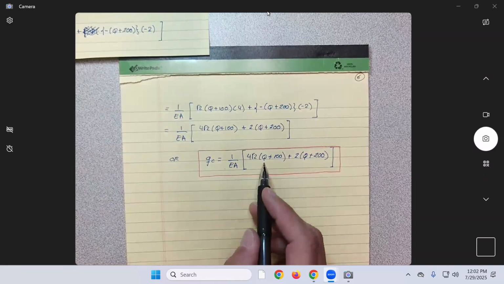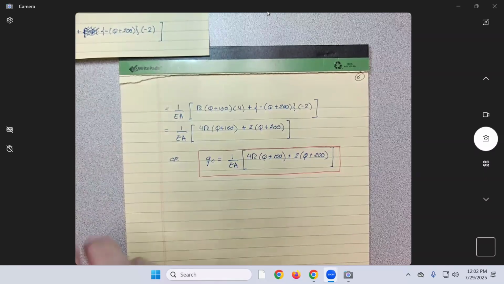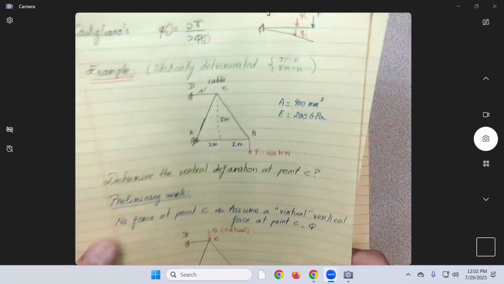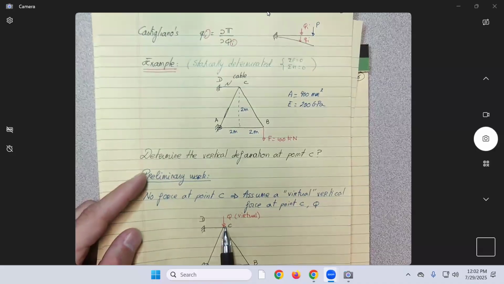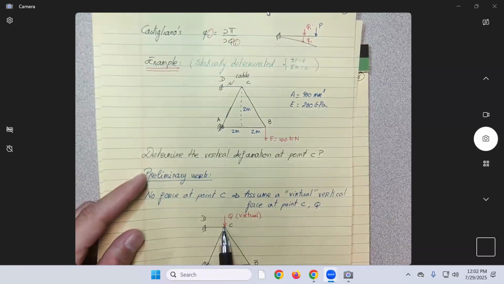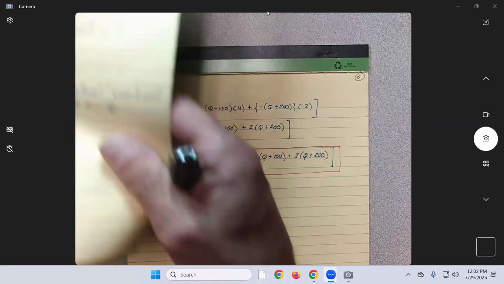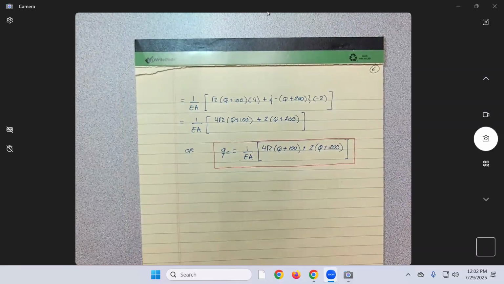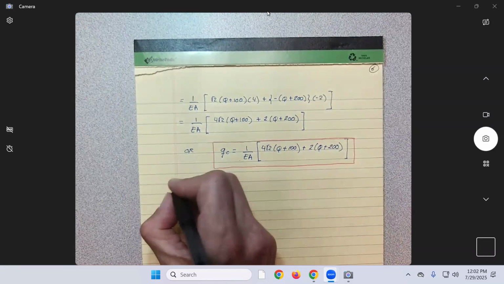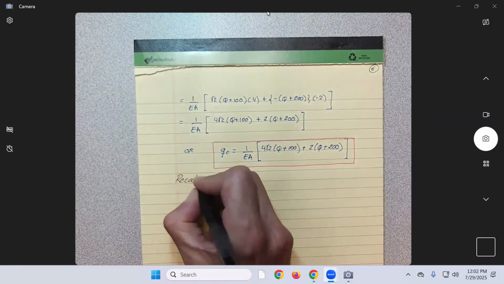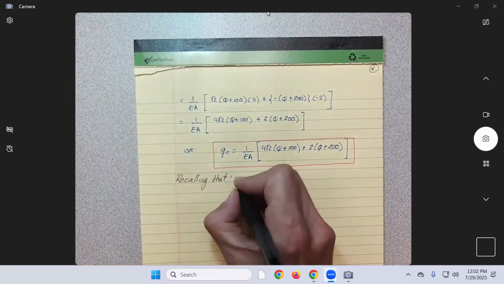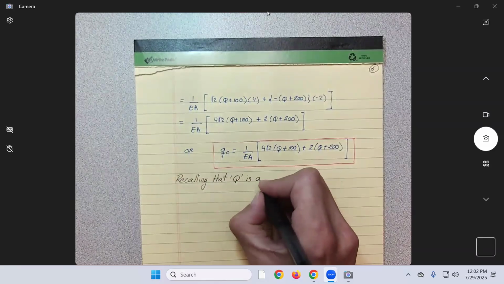Okay, so now what is Q? Do you remember what is Q from the beginning of the problem? What did we say Q was? A virtual force, and basically yesterday I explained. So does that force really exist? No, it's just there to do the calculations, no? So really at the end, we just say that virtual force is not acting, so it will be equal to 0. So let me write this down. So recalling that Q is a virtual force